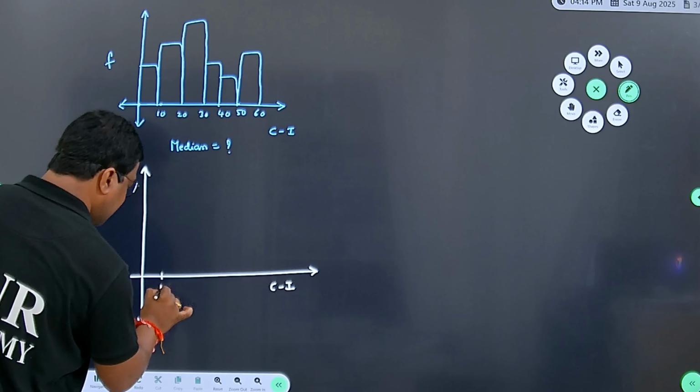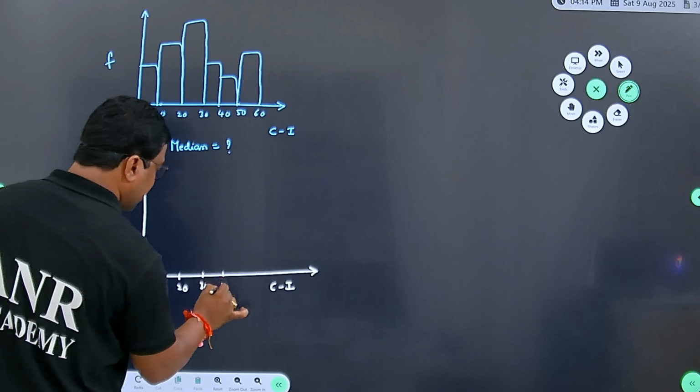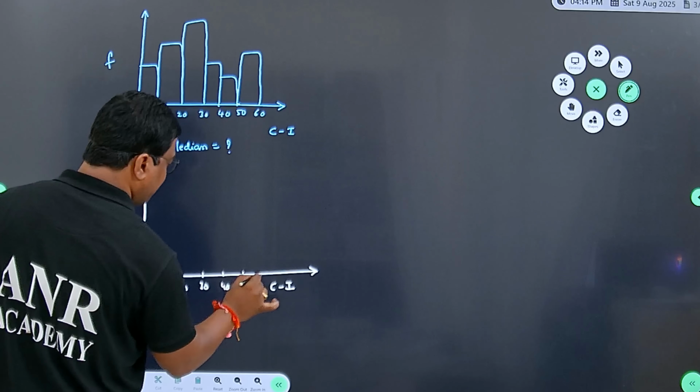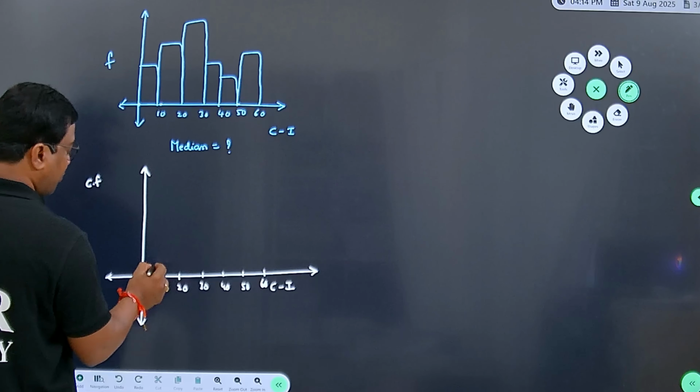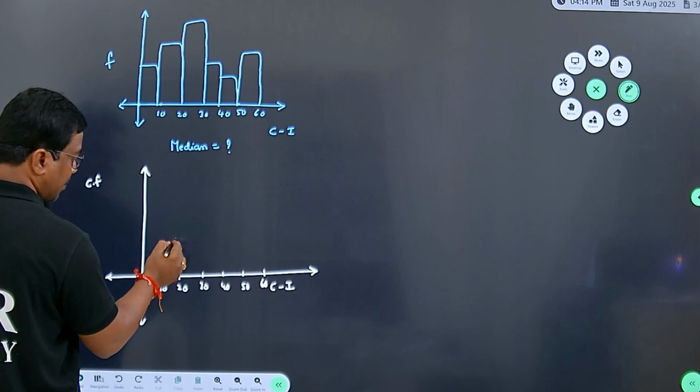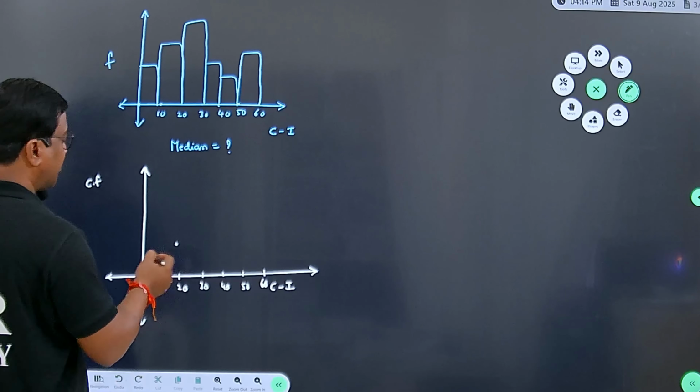Assume that here it is 10, 20, 30, 40, 50, 60 and so on. First in the interval 10 to 20, suppose there is some frequency. Next 20 to 30,